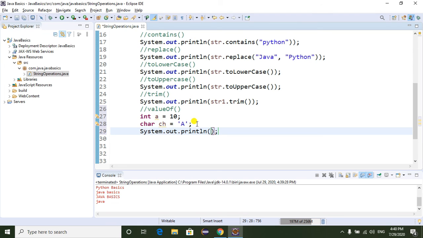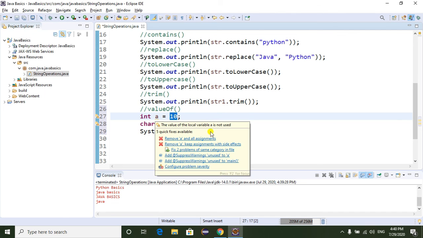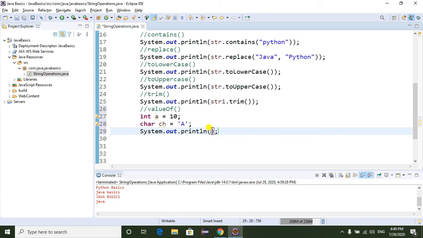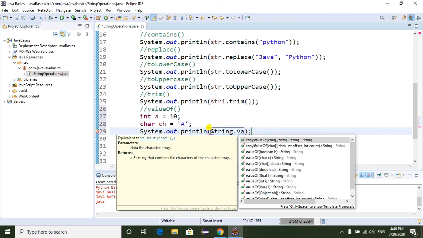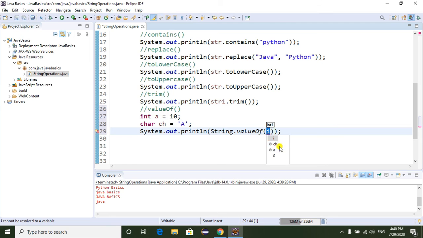Now I am going to convert this integer a to a string. So String dot valueOf(int). So here I am passing a.